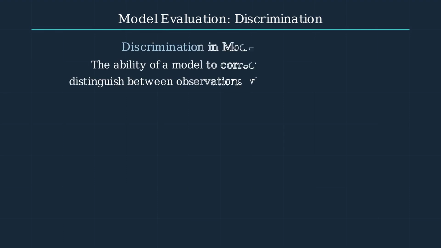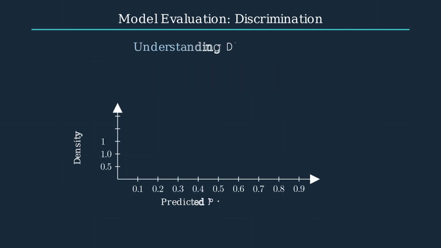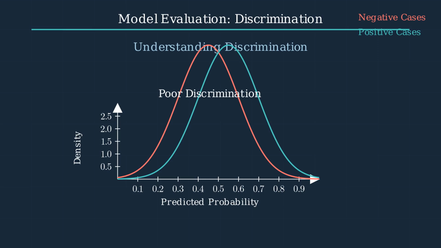Discrimination is a critical metric in evaluating logistic regression models. It measures the model's ability to correctly order risks and distinguish between observations with different outcomes. A model with good discrimination can effectively separate positive and negative cases based on their predicted probabilities. In contrast, a model with poor discrimination has significant overlap between positive and negative cases, making it difficult to distinguish